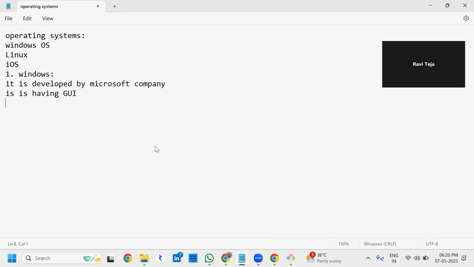It is commercial, meaning we have to pay something for a license, and it has less security. It is mainly used for personal usage, for example,